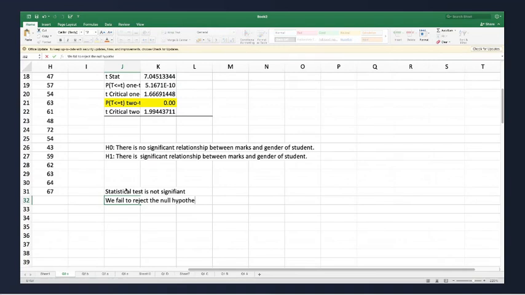That means, right, that we fail to reject that there is no significant relationship between marks and gender of the students. That means there can be some type of relationship between marks and gender of the students.